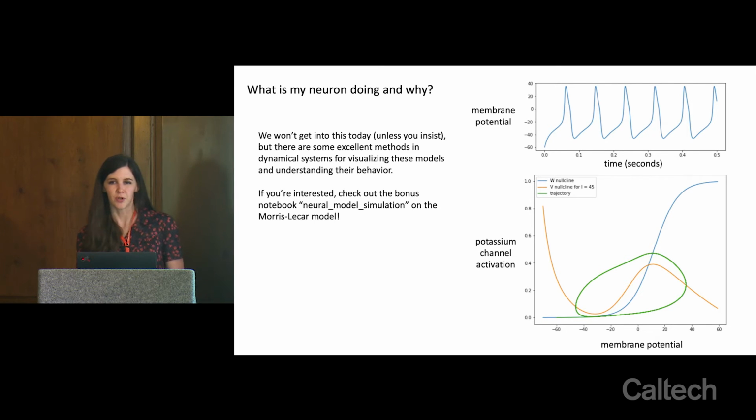If you change the input to the cell, it's going to move these null lines around, specifically the orange null line, and it will change where it intersects with the blue null line. And that's going to give you some information about where the spiking threshold of the cell is and how you transition from giving small current injections where you just decay back down to baseline to giving large current injections where you instead do this oscillating and spiking behavior.